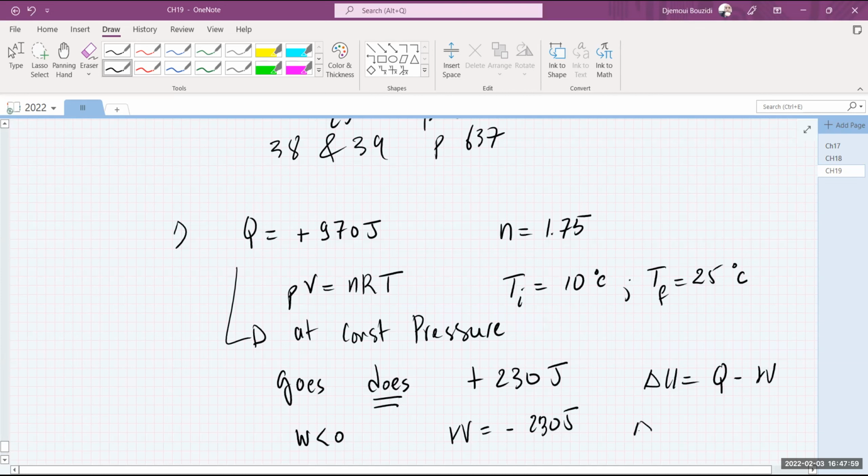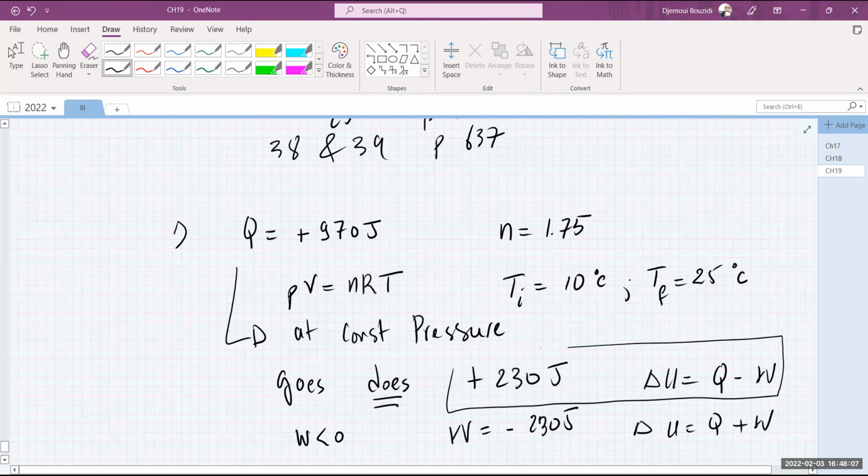So at the end, I'm going to write it as Q plus W. Algebraically, it's going to be the same thing, whether you do it this way or whether you do it this way. Do you guys agree about the algebra? So this is the book. This is how everybody does it. Do you guys agree that the algebra is going to boil down to the same thing?